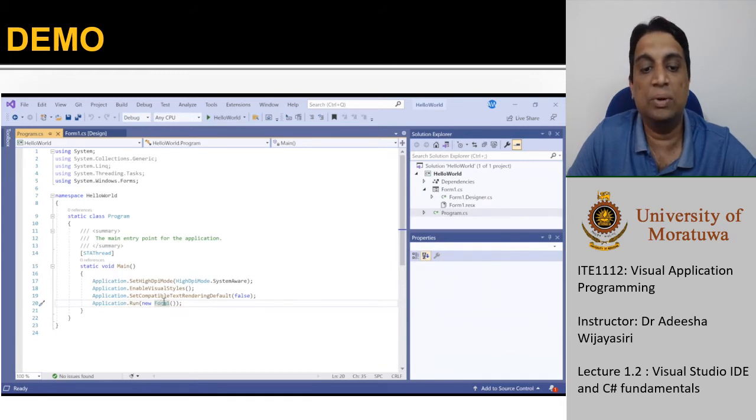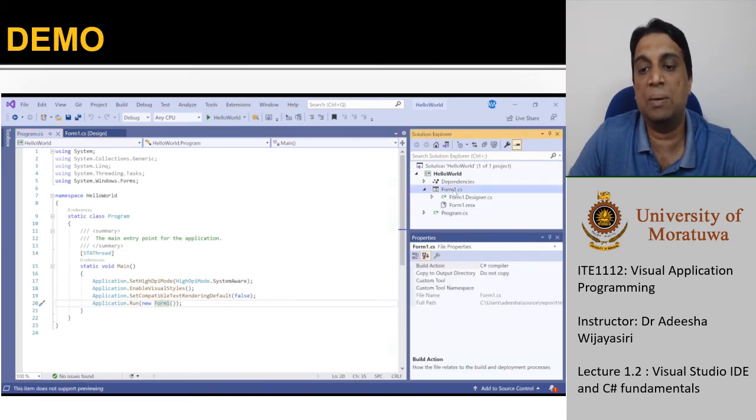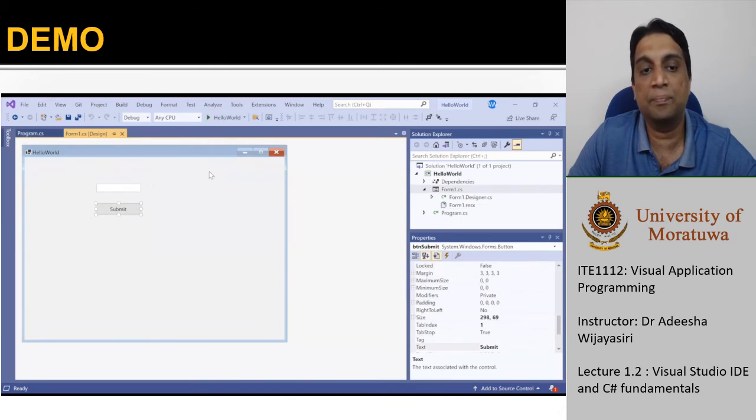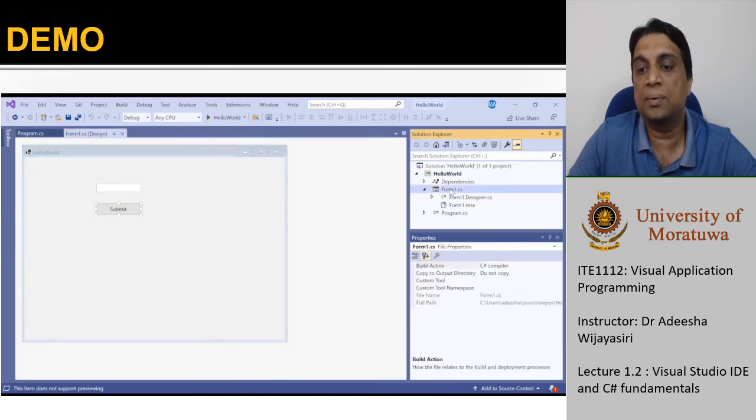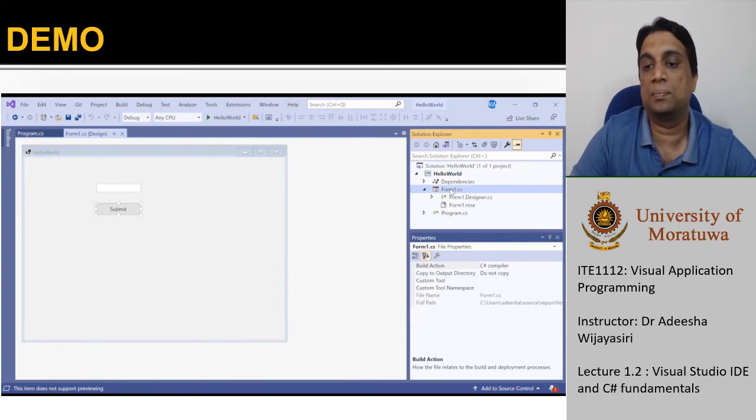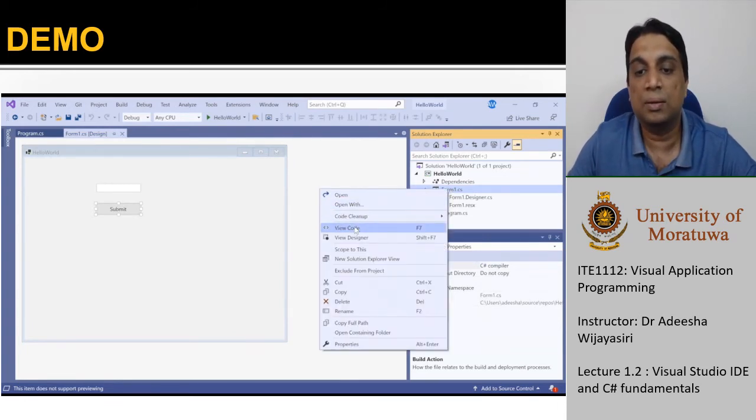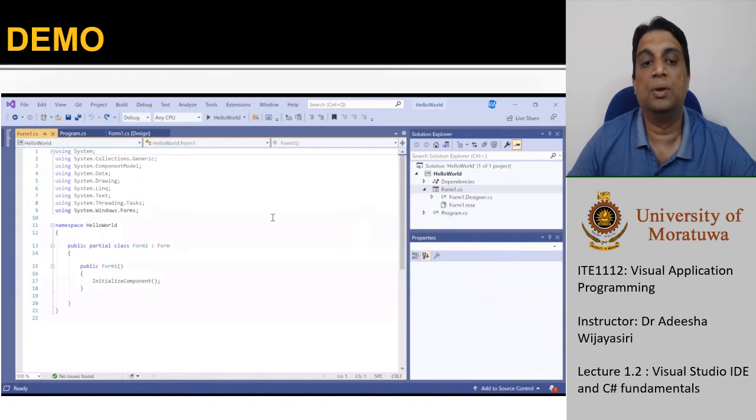Now let's see what this object is that we are going to run. For that, we have to open the form1 class. If you double click it, you will go to the design window, but if you right click it and click on view code, you can see the program related to that interface.